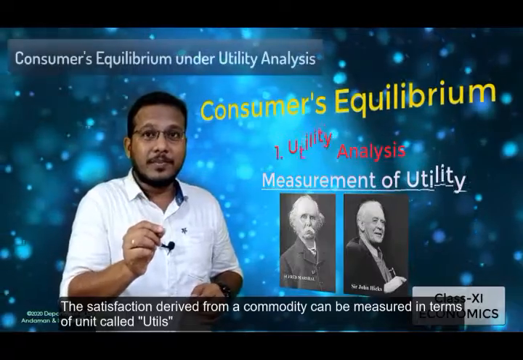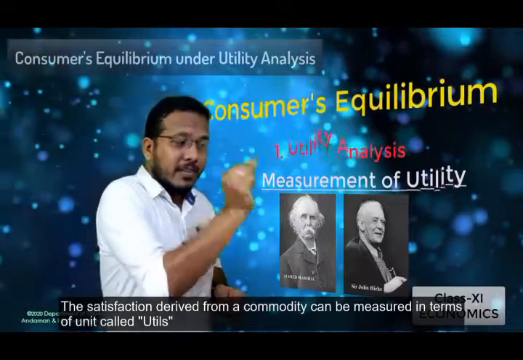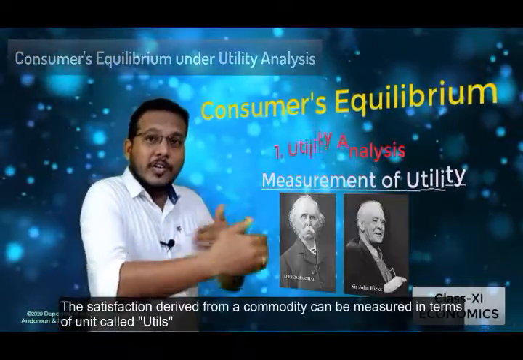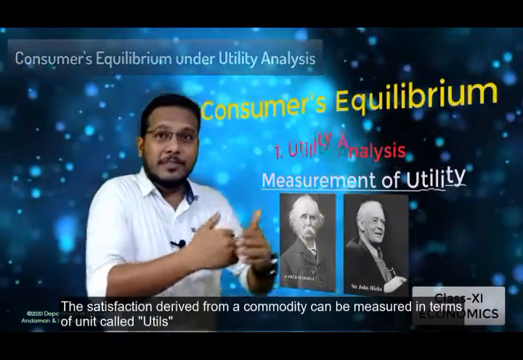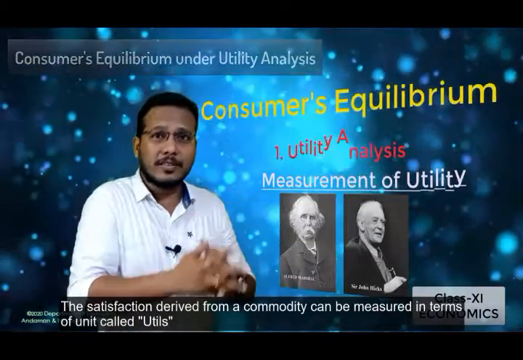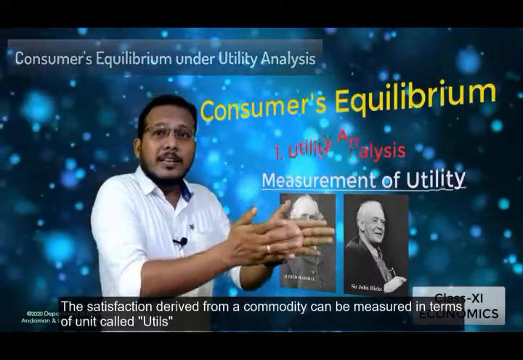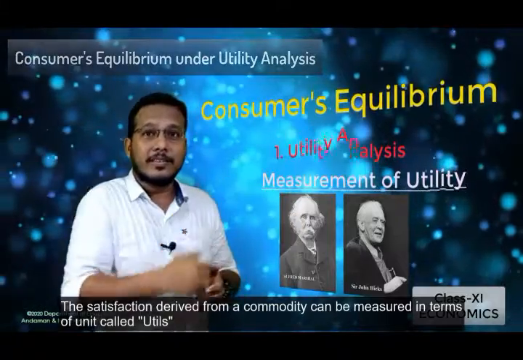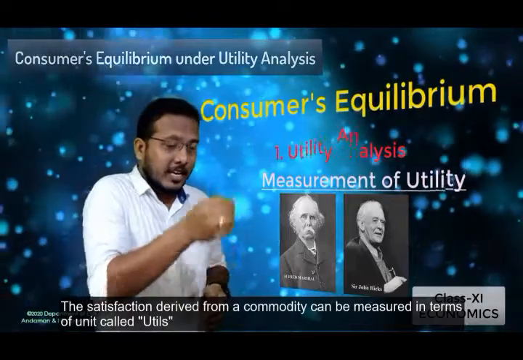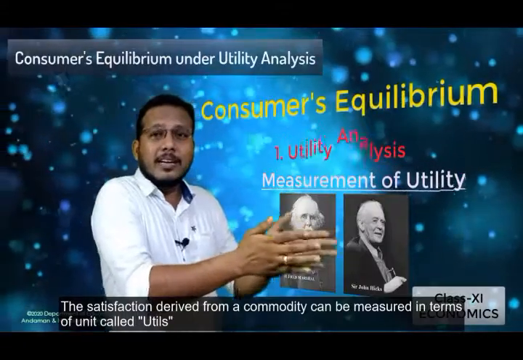So what is the unit of measuring utility? That is utils. Take an example, when we talk about the laddu, the first laddu may give 10 utils, and consecutively when the person consumes another one, it may give about 8 utils. Then at last he has the third one. From that he may derive the utility of 5 utils. So what Marshall said is that utility can be measured by the cardinal numbers like 1, 2, 3 and 4.